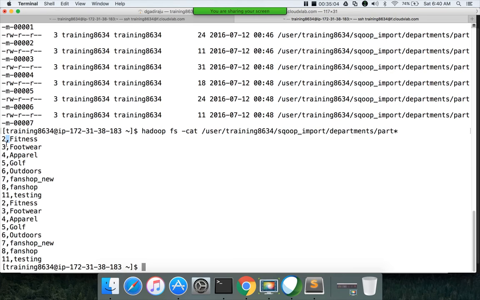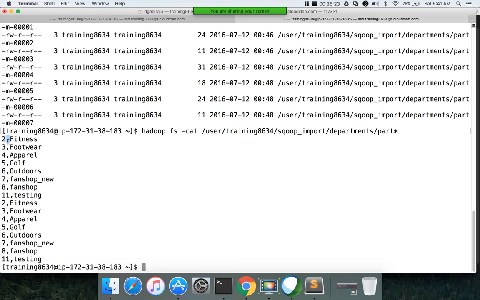If I try to load this data, which is already in HDFS, into the Hive tables, the data will be loaded, so I can just run a load command, but you will not be able to read the data properly because the delimiters are different. Here you need to understand a very important concept called schema on write versus schema on read.